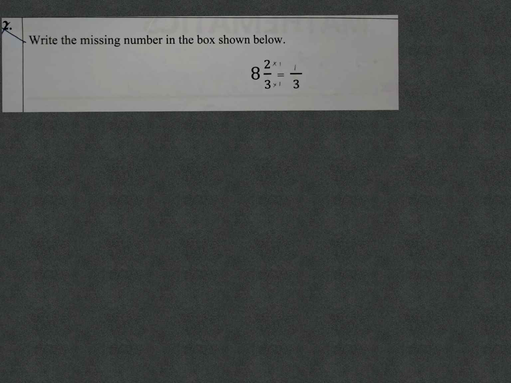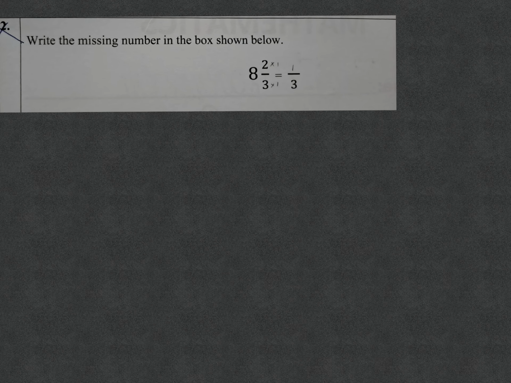Write the missing number in the box below. So what do we have here? Let me get the pen, change it to red, and scratch this out. So you will see the original question. We have 8 and 2/3, so we automatically know that this is a fraction-based question, is equal to something over